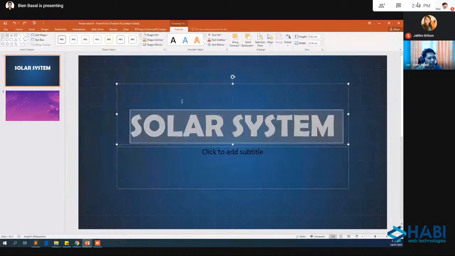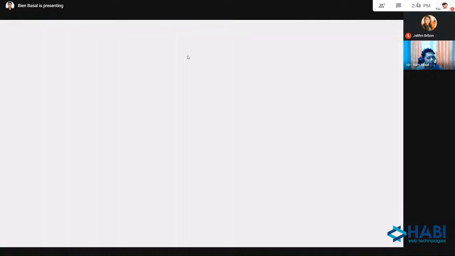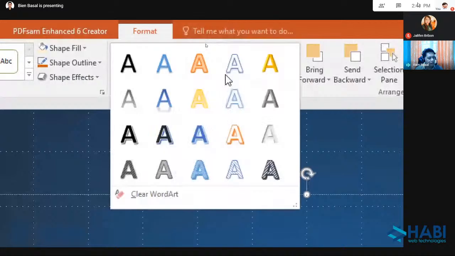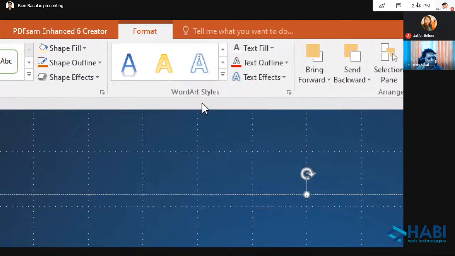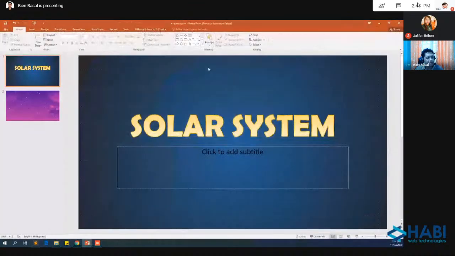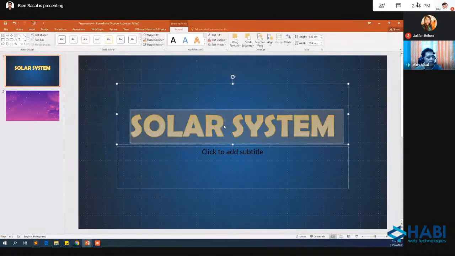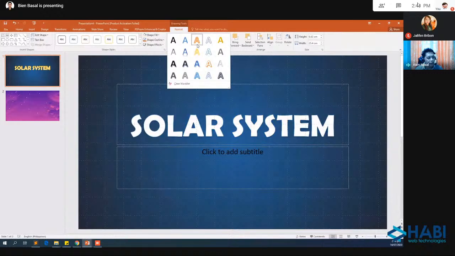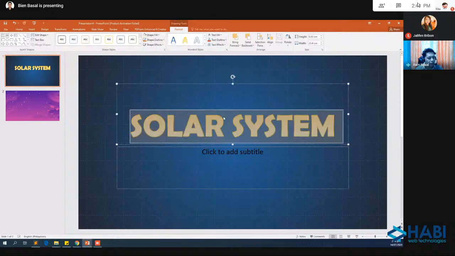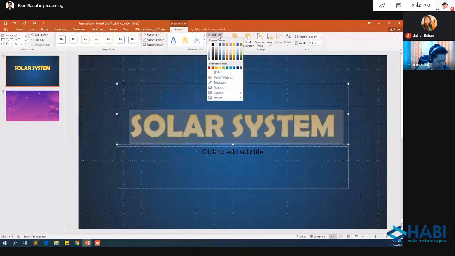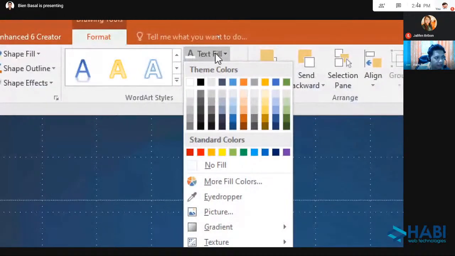But if you highlight this text and proceed to the WordArt Styles, we have options for your text that you can apply. I will use this one. I am using the default or basic WordArt styles available in my MS PowerPoint. If I want to modify the color of this solar system, I can proceed here to Text Fill.